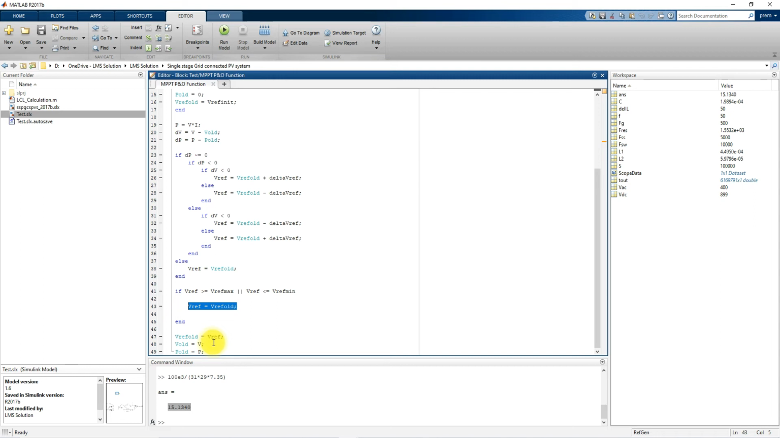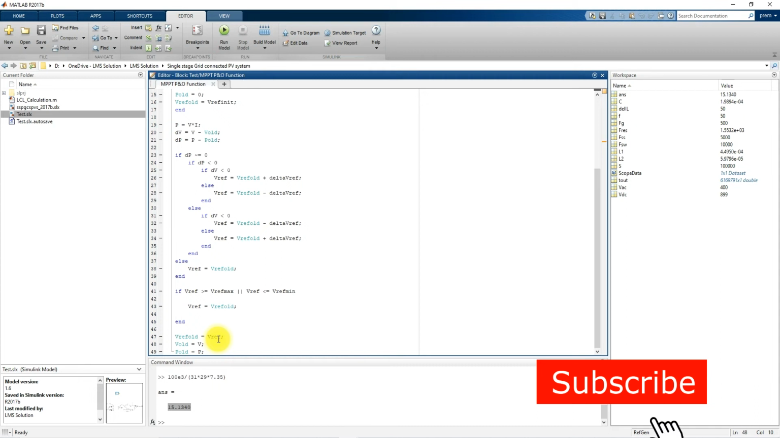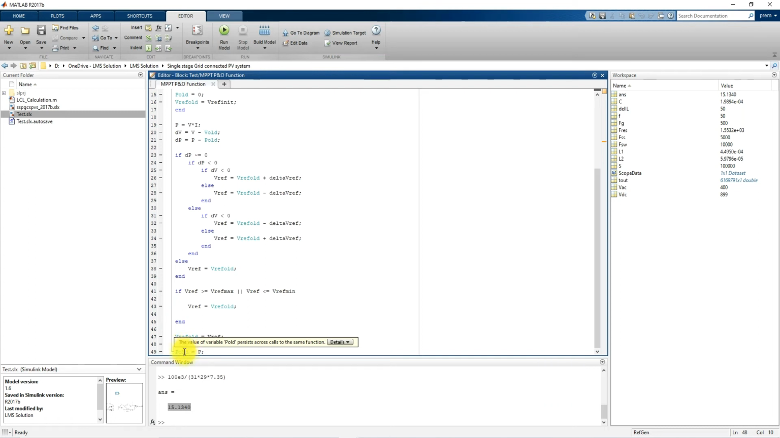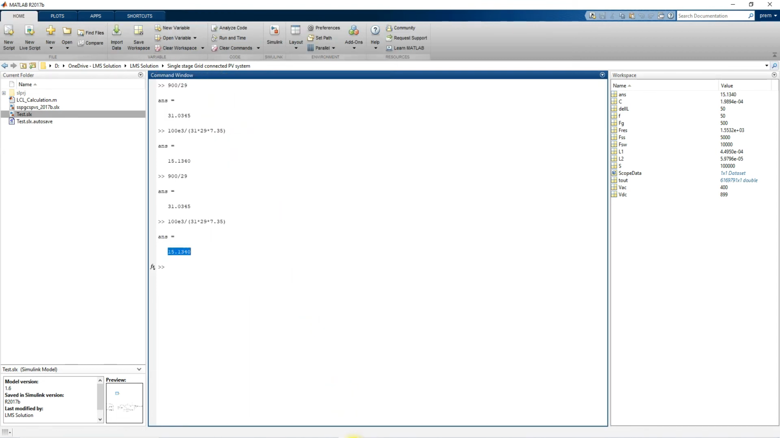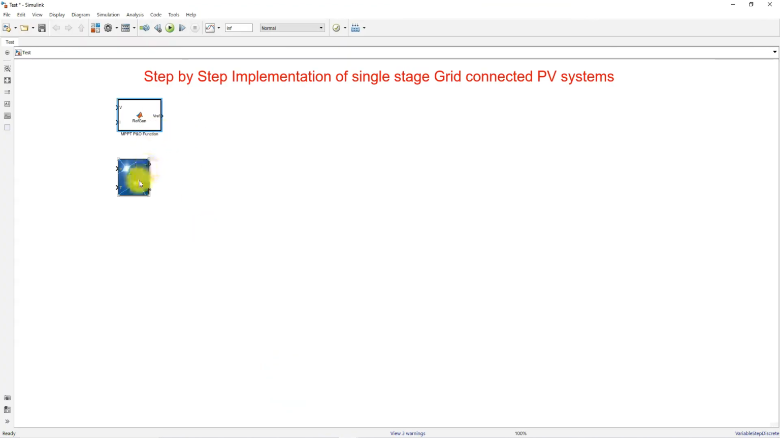Next, you have to override the previous instant reference voltage with the current instant reference voltage, and the previous instant PV voltage and power with the current instant PV voltage and power. So it will keep on executing in order to get the maximum power from the PV. For that, we need to